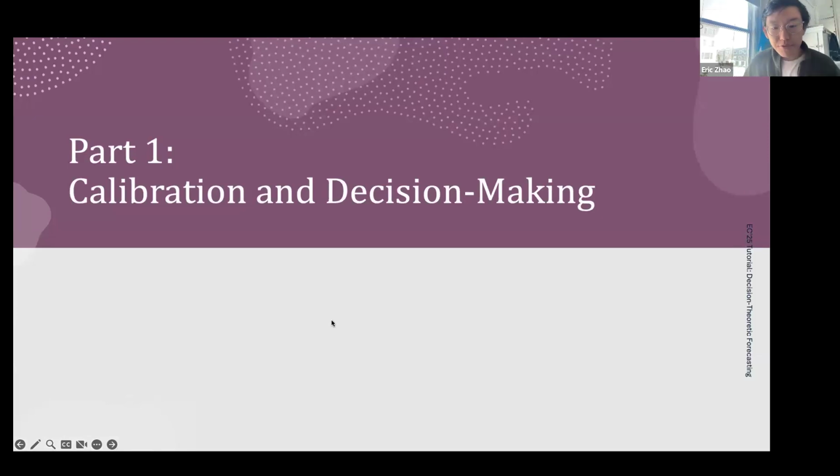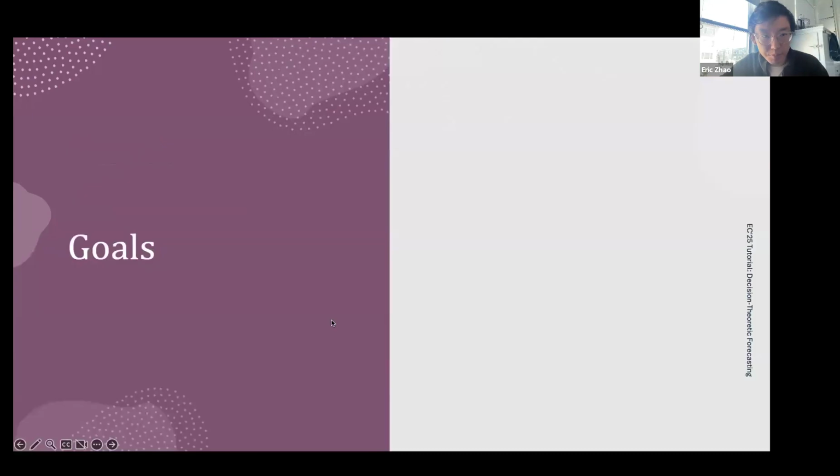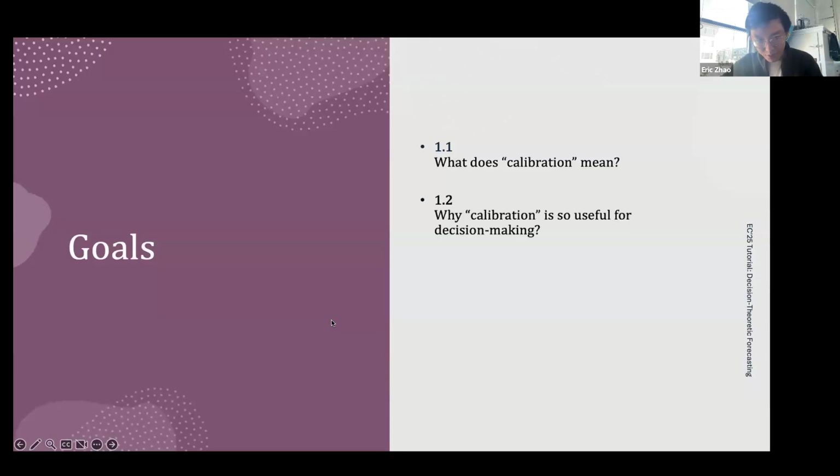Awesome. Great. So for this section, I'm going to be giving an introduction to calibration to make sure we're all starting from the same point. There are three goals for the next half an hour or so. The first goal is to clarify what calibration means. I'll give you the classic definition of calibration, but also a more general way of thinking about it, because I think the word has become pretty overloaded recently, and there are a lot of different ways to define calibration. So hopefully you'll get a better sense of how people like to think about it these